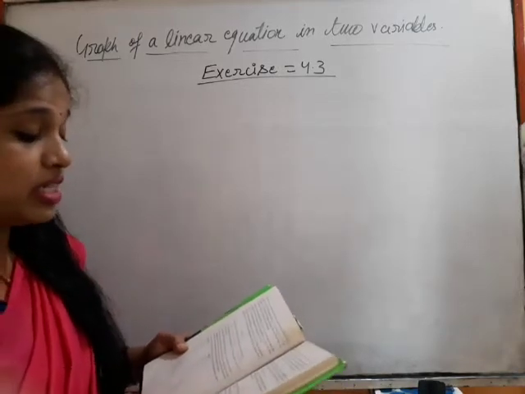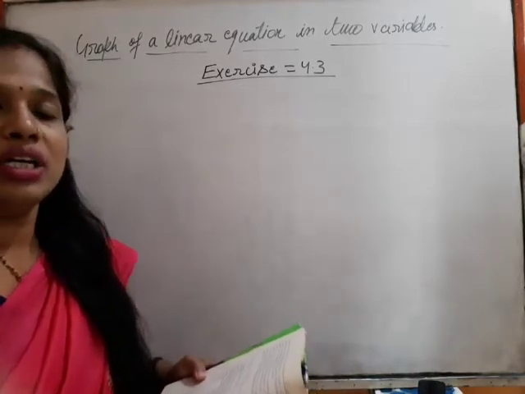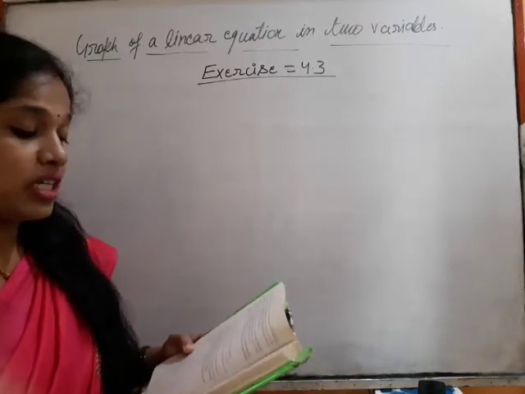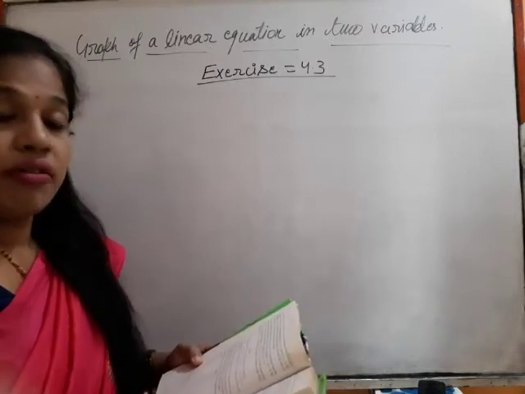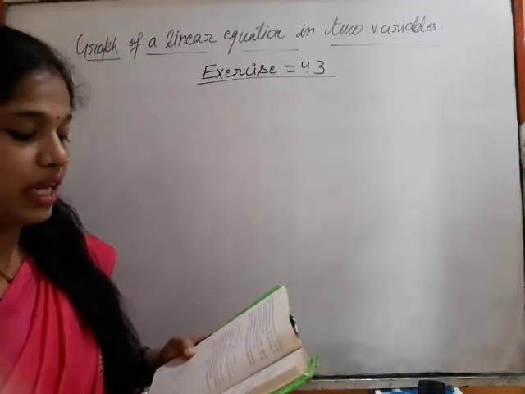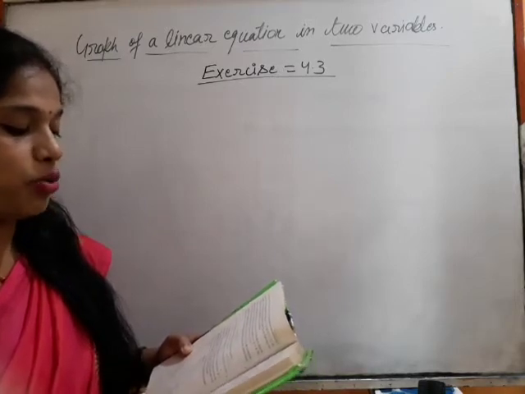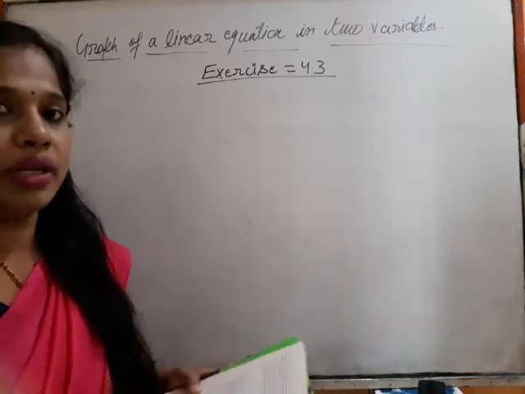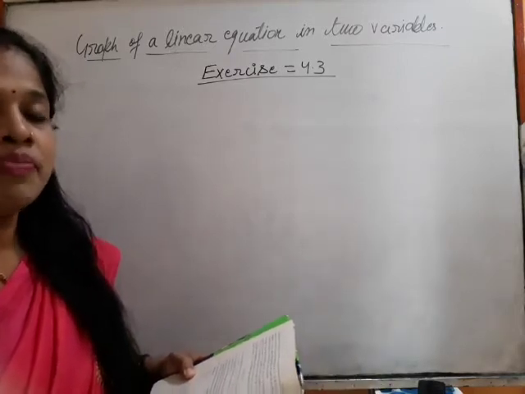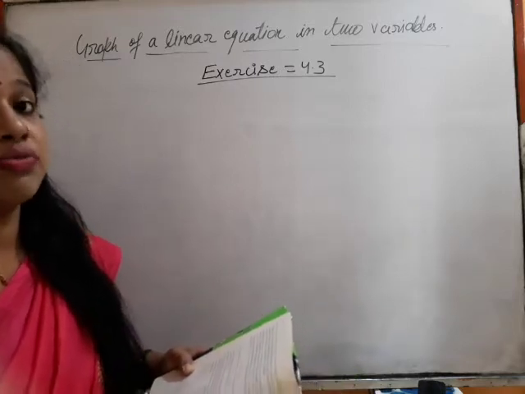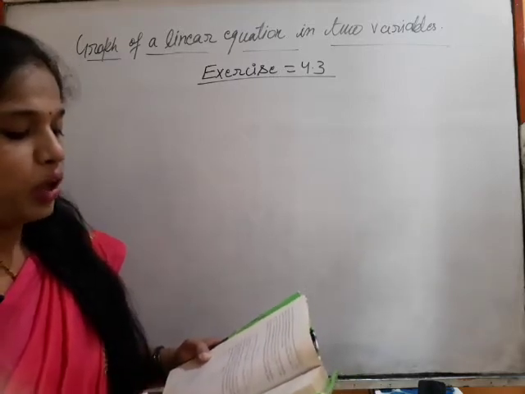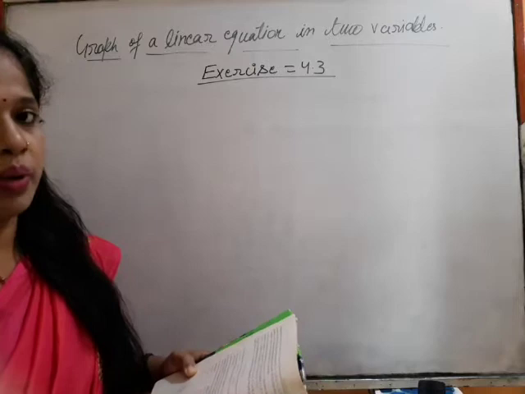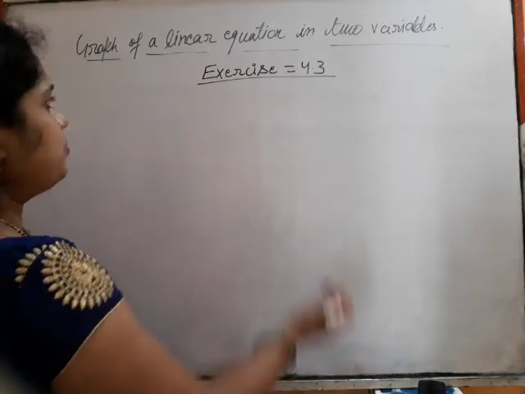So for the first kilometer, how the taxi person is taking the taxi fare, it is given. For the first kilometer the fare is rupees 8, and for the subsequent distance it is rupees 5 per kilometer. For the first kilometer it is different and for the other kilometers, total kilometers it is not given, but for the other kilometers it is rupees 5 per kilometer. Now the total distance is x kilometer we have to take, and the total fare is rupees y. Okay, let us get the condition.